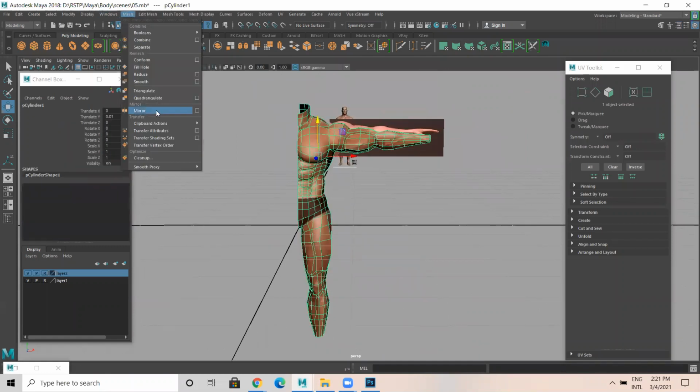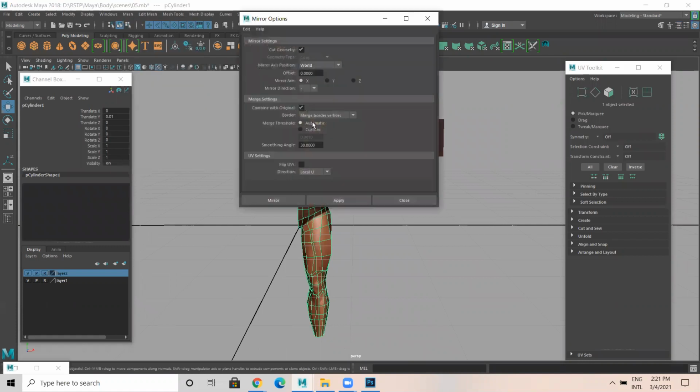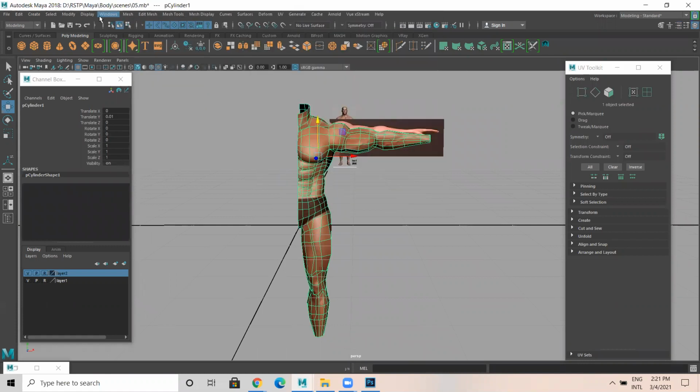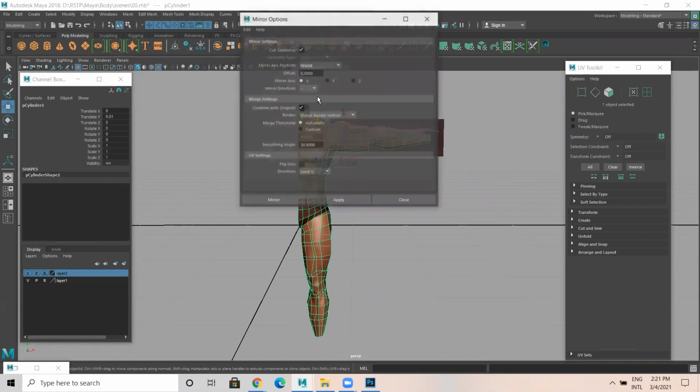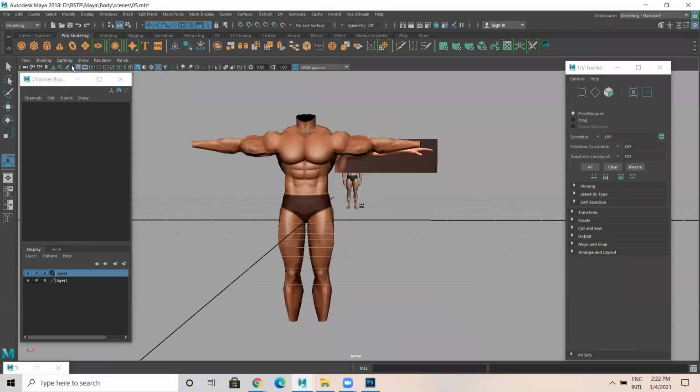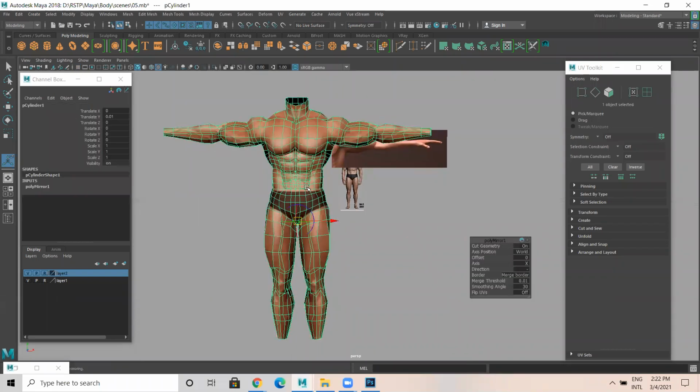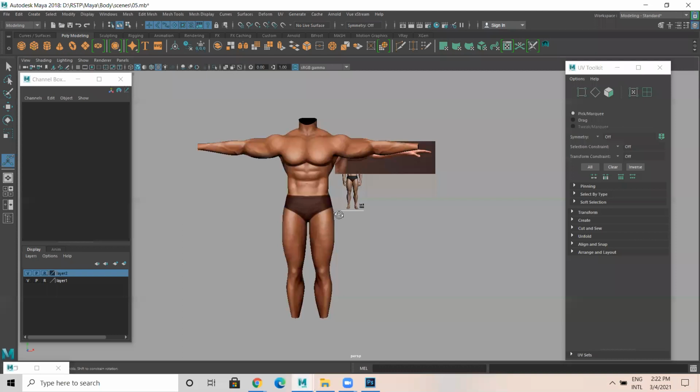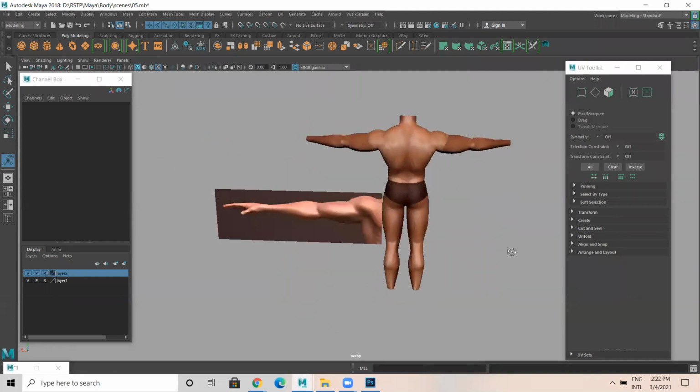Then I'll come to mesh here. I'm going to mirror in minus x-axis. Mirror option in mesh, mirror, minus x. This is x and the mirror direction is minus. I mirror this, and here the merge threshold is 0.01. Whenever you do a merge, the merge threshold has to be 0.01. So we got a model here. Press 3. It's ready.